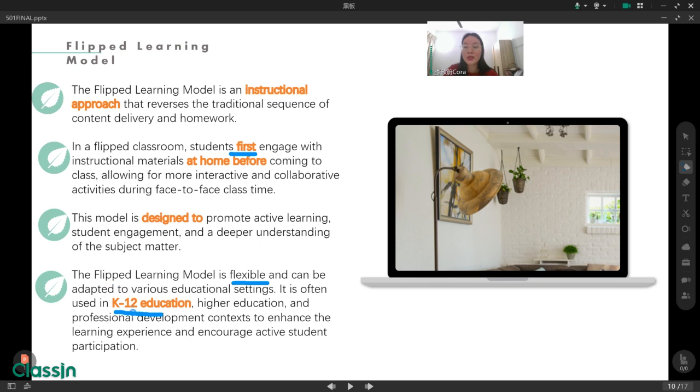K-12 education is one example of the flipped learning model. We also have higher education and professional development contents. This is to enhance the learning experience and encourage active student participation. So here we can see the aims of the flipped learning model and the COI model are similar to each other.